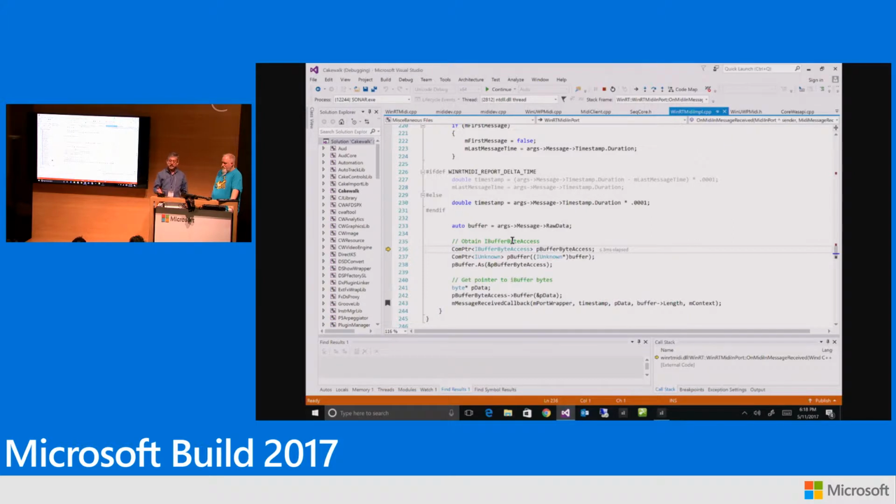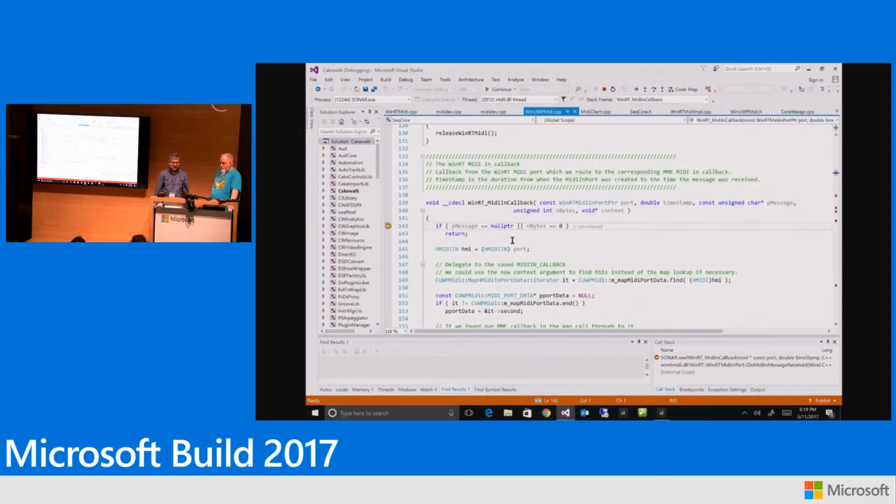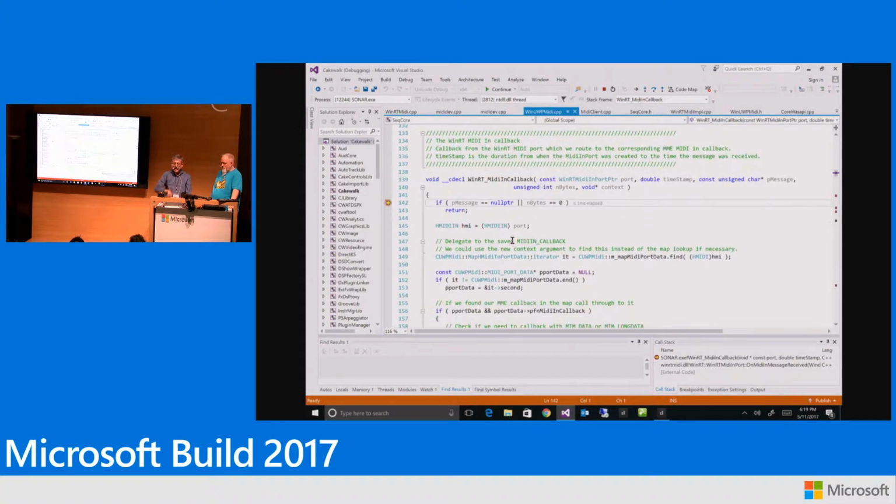So we're kind of going backwards. We're taking the UWP call and now packaging it here. So here's where we get the buffer. We got a pointer to the buffer, get the data, and now we say, here's the message received callback. So I'm going to trace that callback, and boom. So here it is now. In my handler, I caught the message,